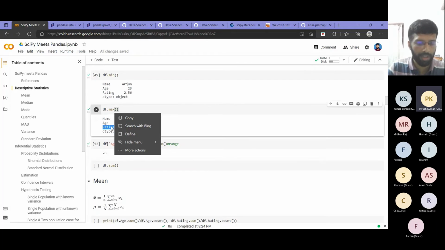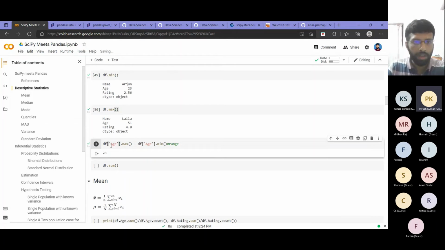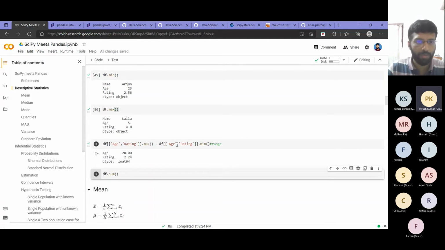Now suppose I want it for rating also, then I will put one more square bracket and put rating inside that. Why I put one square bracket in the earlier case and now two square brackets, I am not repeating now. We have covered that in our previous session. You can just go through it. So I got a range of 28 and 2.24 for each of the columns.